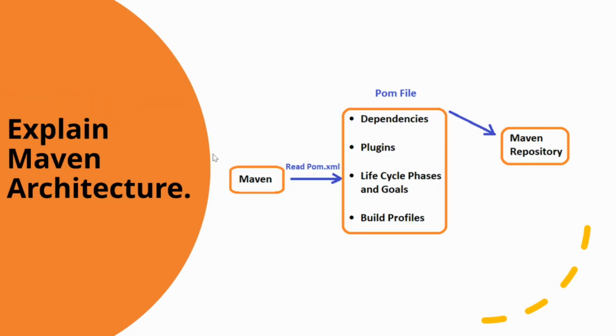This one is interviewer's favorite question, that how does Maven architecture work? So Maven architecture works in 3 steps, which are as follows. The first step is to read the pom.xml file. Then it downloads the dependencies that are defined in the pom.xml file into the local repository from the central repository. And lastly, it creates and generates a report according to the requirement and execute the life cycle, phases, goals, plugins, etc.